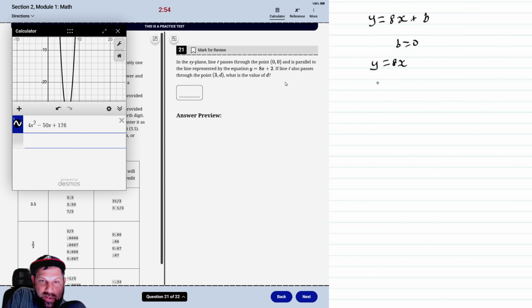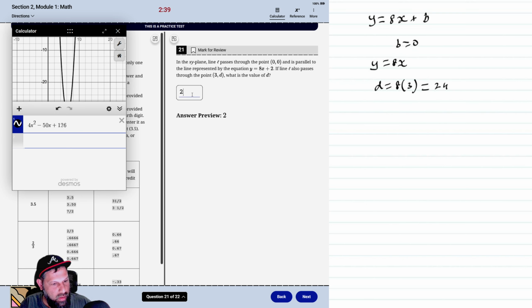Okay, and when we plug in x equals 3, y is going to be 8 times 3, which is going to be 24. So we just plug in x equals 3 here, 24, and we are at the last problem here with